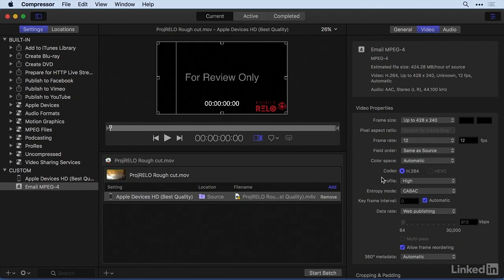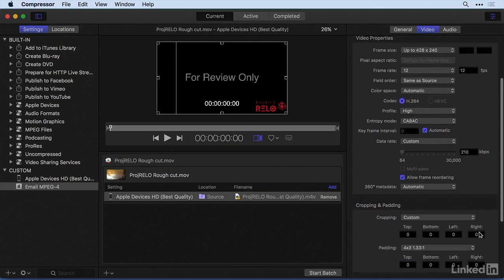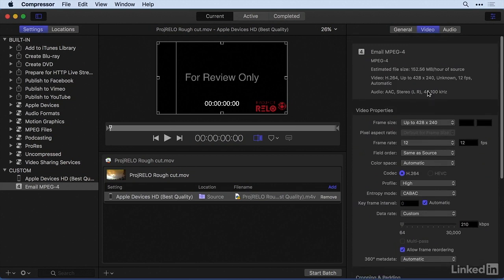And I also want to bring down our data rate. I'm going to just come to data rate and change it to custom, and that's going to allow me to put in a number here. And I'm going to change this number to 210. And then, let's see, I don't think I'm going to change anything else in video, but I'm going to go